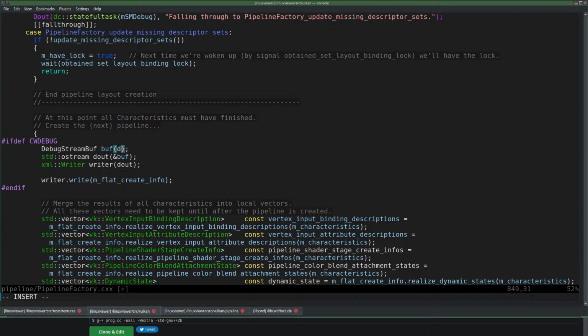So now if we pass a debug channel like this, I don't think it's going to work.